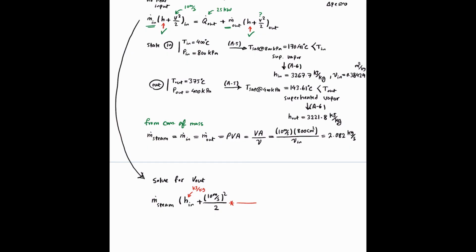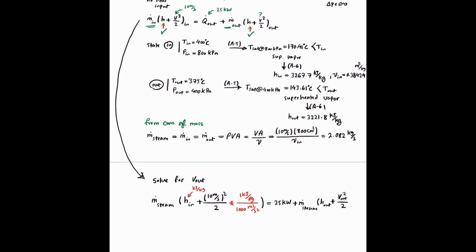So I have to divide it by 1000 to convert it to kilojoule per kilogram, is equal to 25 kilowatt plus mass flow rate of steam times H out plus velocity out squared divided by